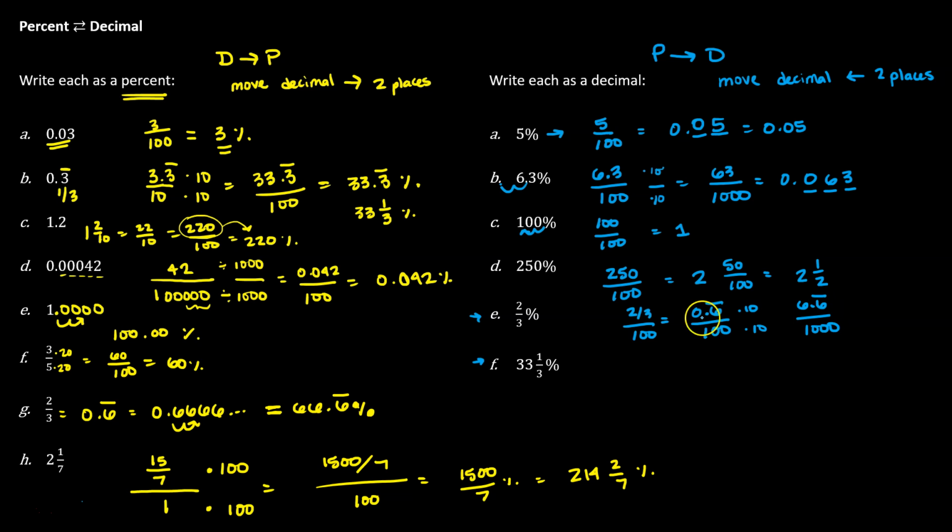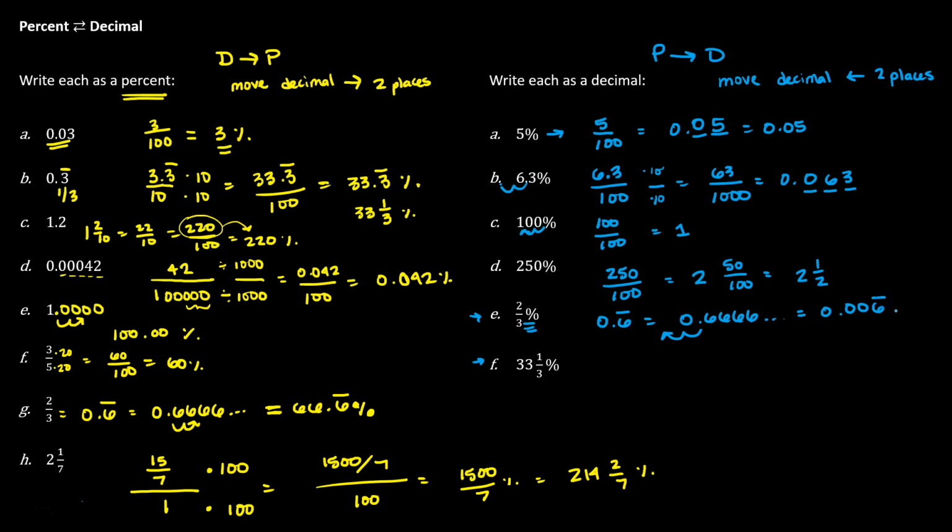So what we can do instead is start off by taking the fraction and writing it as its decimal equivalent. So 2/3 is 0.6 repeating. We know that 0.6 repeating is 6 never ending. And if we're converting from a percent into a decimal, percent to decimal, I need to move the decimal 2 places to the left. So that would look like